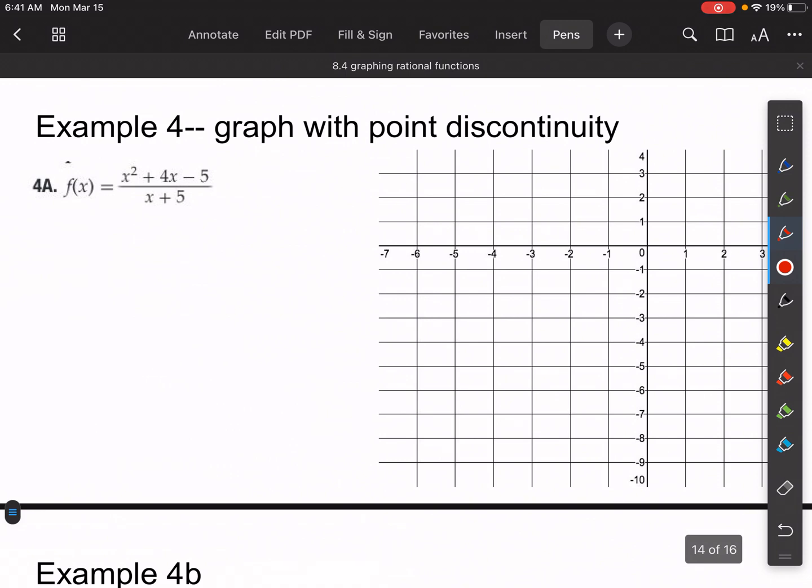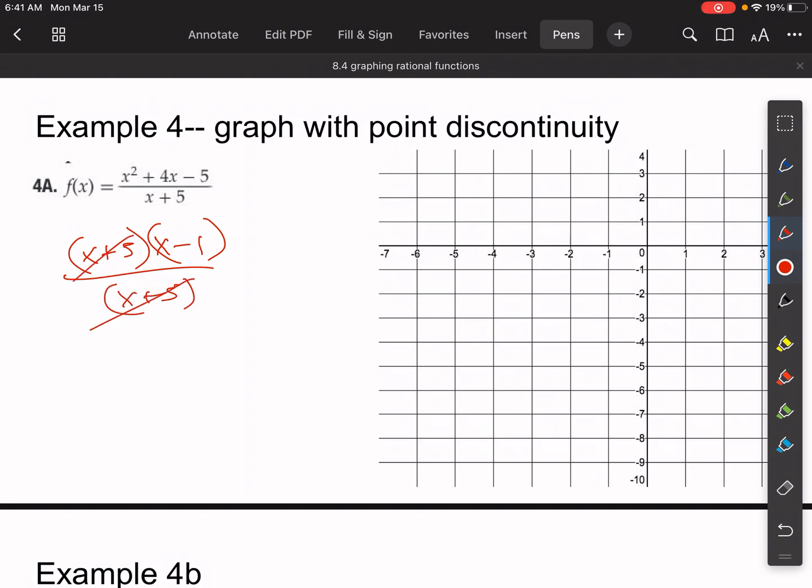So here, if I factored this numerator out there, I would get x plus 5, x minus 1, over x plus 5. These are in common, right? Since those are in common, I know that at negative 5, I'm going to have this asymptote. But what it's going to end up being for this piece, since all that's left is x minus 1, is this is going to act like the graph x minus 1. Okay,